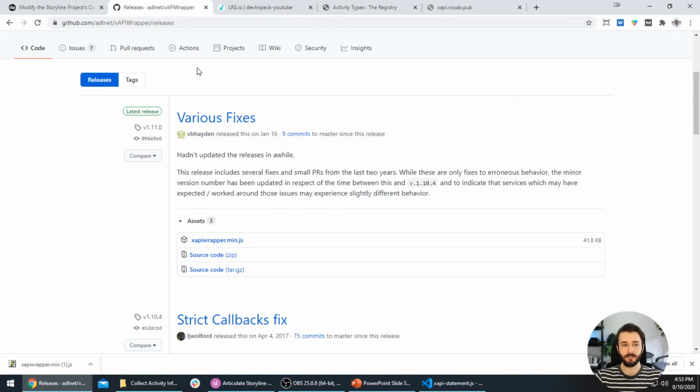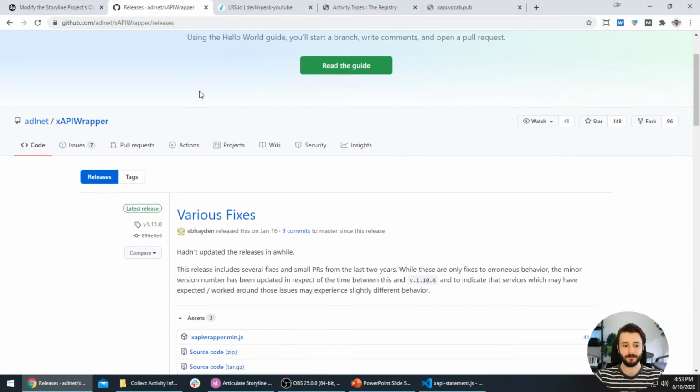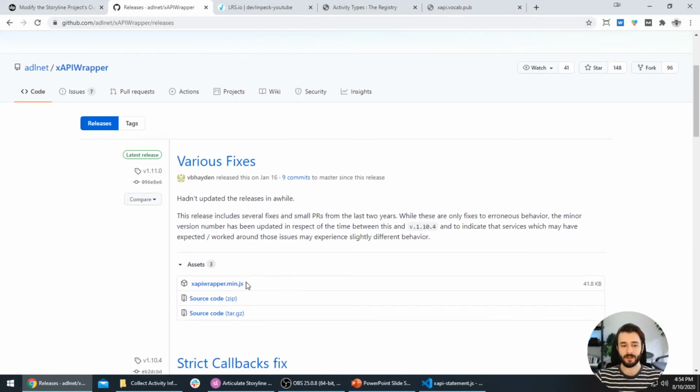We need the xAPI.min.js wrapper. So the xAPI wrapper file. So you get that by going to github.com/adlnet/xAPI wrapper/releases. And then you'll need to scroll down a little bit and you'll get this first link right here. That's one way to do it, and then from your downloads folder you can just move it into your new